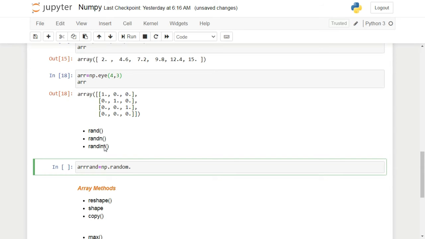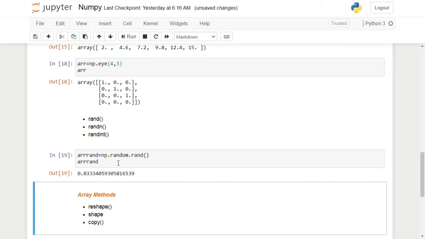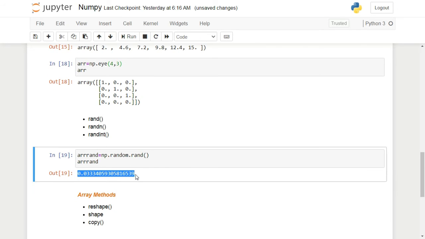What this rand function does is that it returns a random number between 0 and 1. If I show you, this is my array, and I've got a random number because I just called this method without giving any argument.